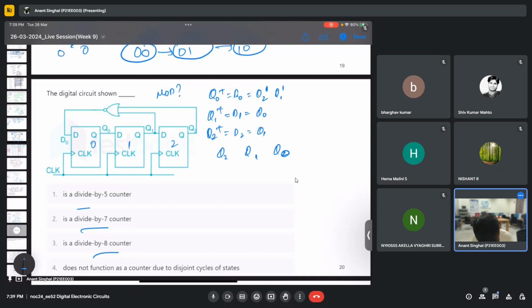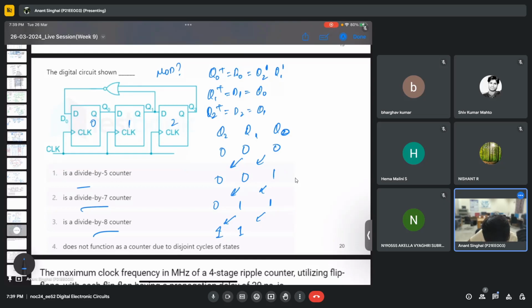So let's start from 0, 0, 0 again. So q2 plus is, this 0, 0 will come here and this will be 1. The 0, 1 will come here and this will be 1 again. This 1, 1 will come here and this will be